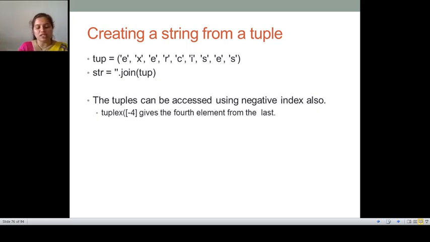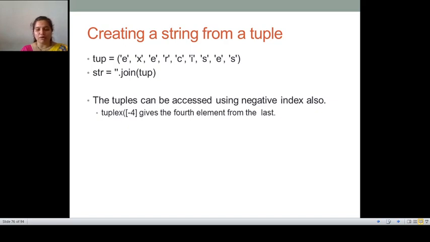Coming to the last difference, lists are less memory efficient than a tuple, whereas tuples are more memory efficient because of their immutability. I repeat the last one: lists are less memory efficient whereas tuples are more memory efficient because of immutability.